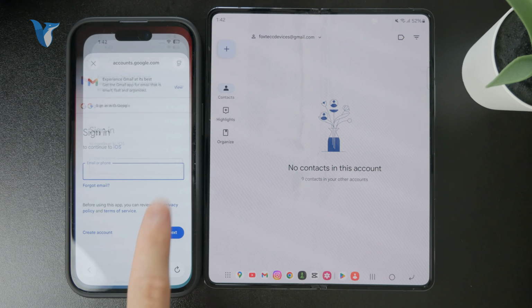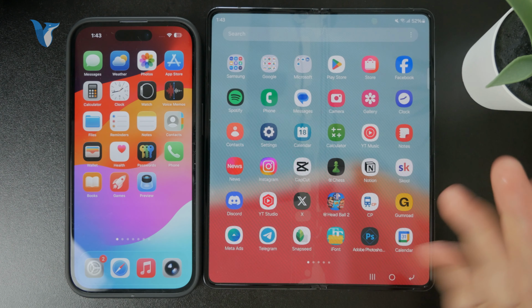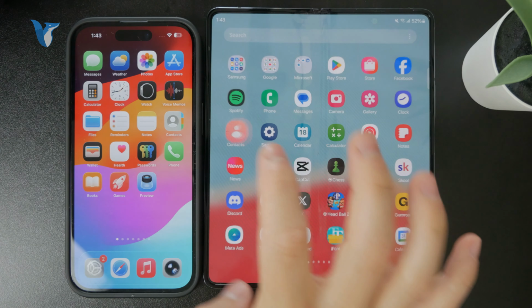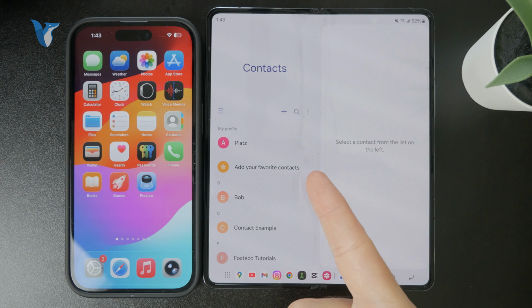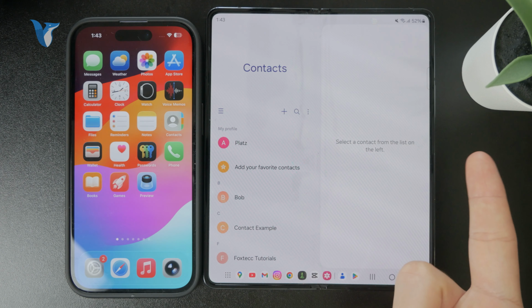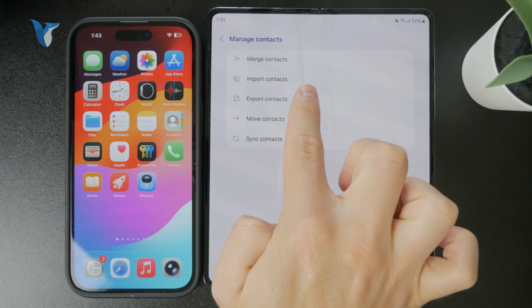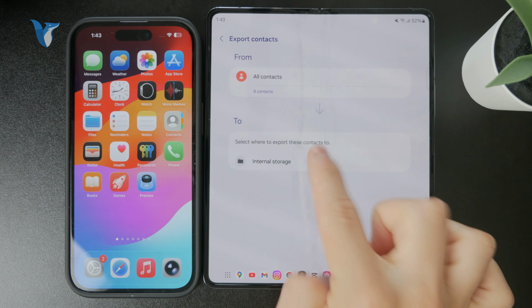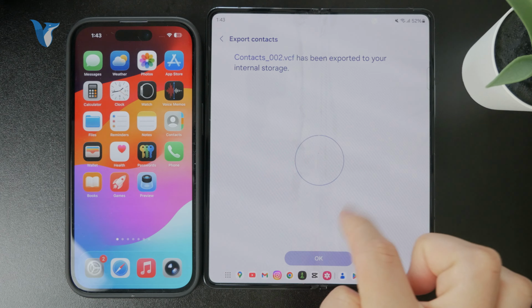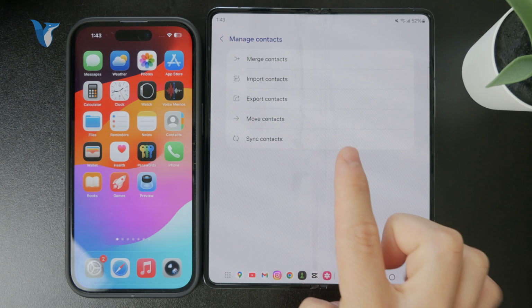There is another method you can do it, but it requires a desktop computer. But anyways, on your Android, you need to get an application for exporting the contacts. I believe that I can also do it through my Samsung Contacts application because I have the ability to click on more, manage contacts, and I have the ability to export them, right? So I'm going to export it to my internal storage as the vCard format, and then I need to share